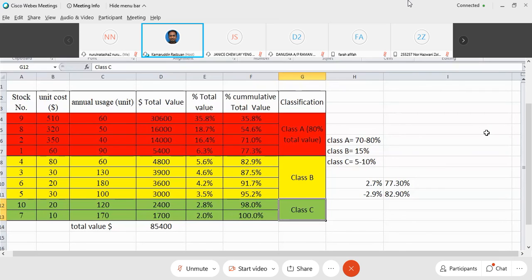So whenever the inventory level reaches 100 units, we need to replenish the inventory. Right? We need to reorder the inventory from our supplier. So how do we know that our inventory has reached